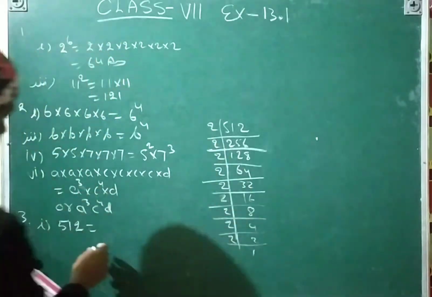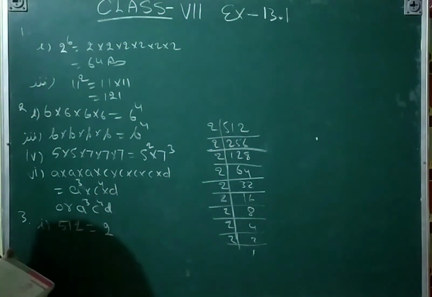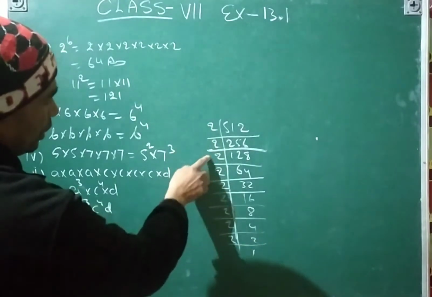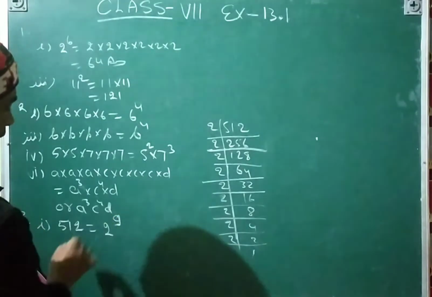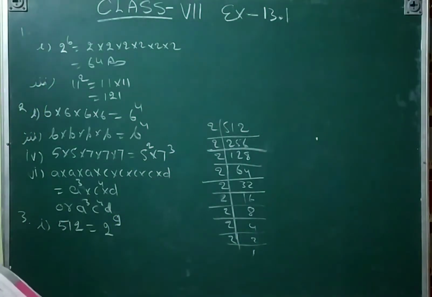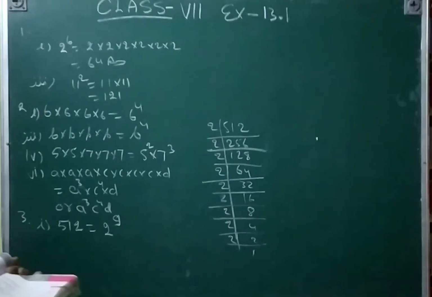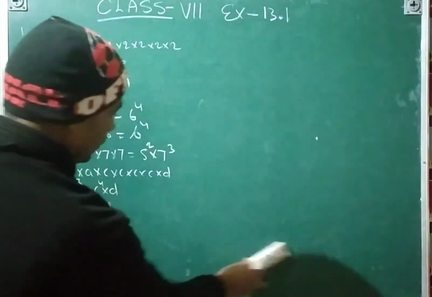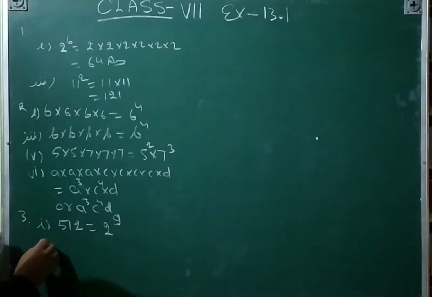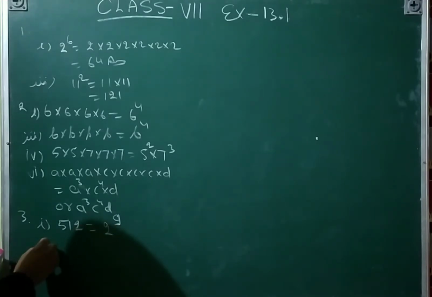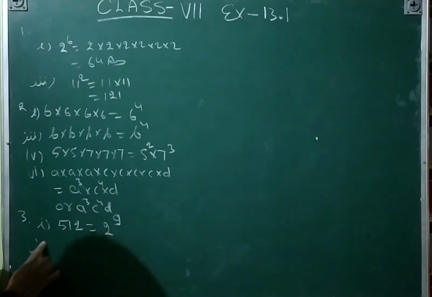So every factor is only 2, so we will write the 2 and count how many times it is there: 1, 2, 3, 4, 5, 6, 7, 8, 9 times. So we will place the power 9, that is the exponential form. And then similarly that one also you will see. The second part is no problem, this is smaller. And then the third part, let me see the fourth part directly.